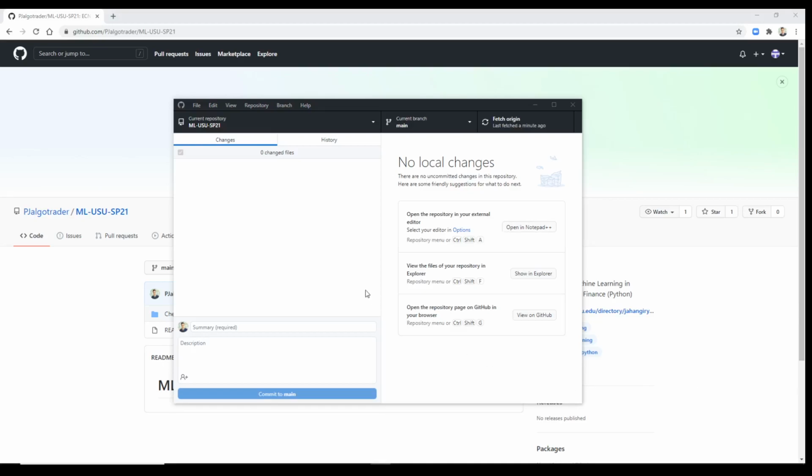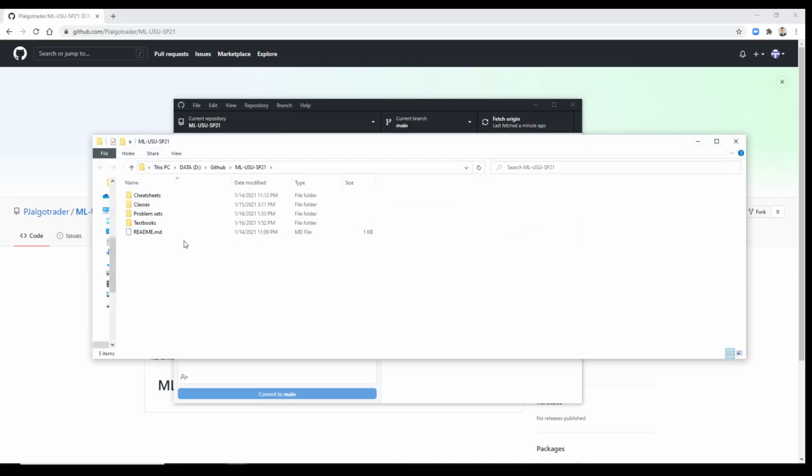After you have cloned that repository to your local computer, you can go ahead and click on Show in Explorer. Then you will see these things on your local computer, right? These are the things that I created. Because you cloned my repository to your local computer, you will see whatever I have on my GitHub account. For example, I'm going to put the classes here, class 1, class 2, and upload whatever is relevant to class 1, right? The PDF, the codes, etc. So this way it is going to be a lot easier for you guys to keep track of the files